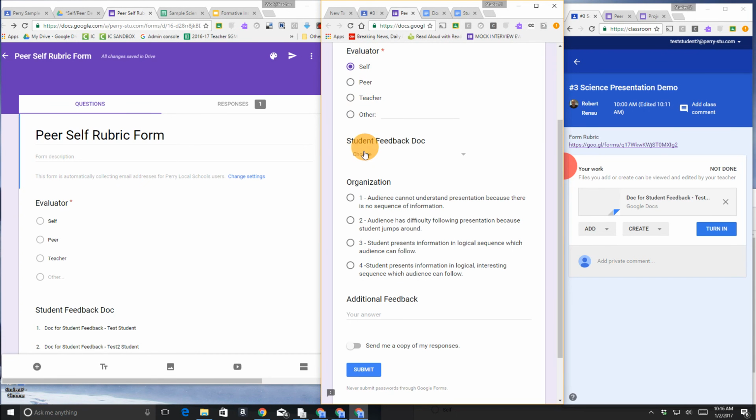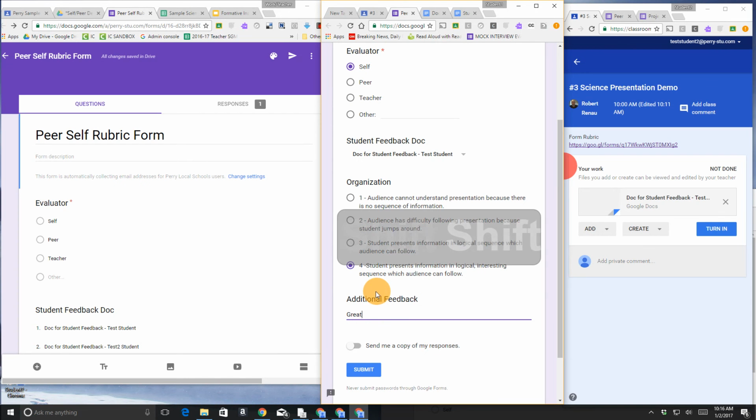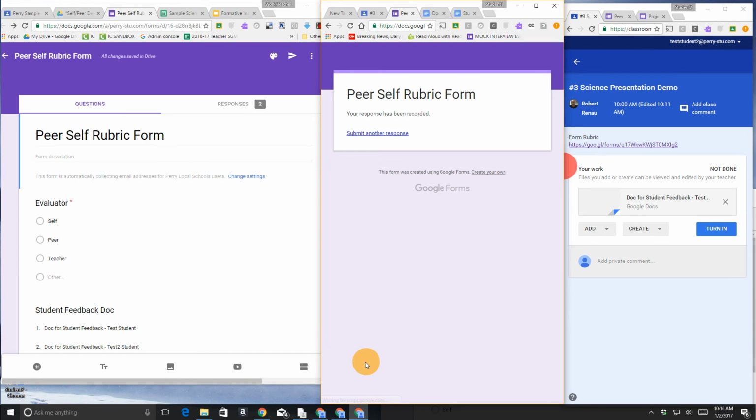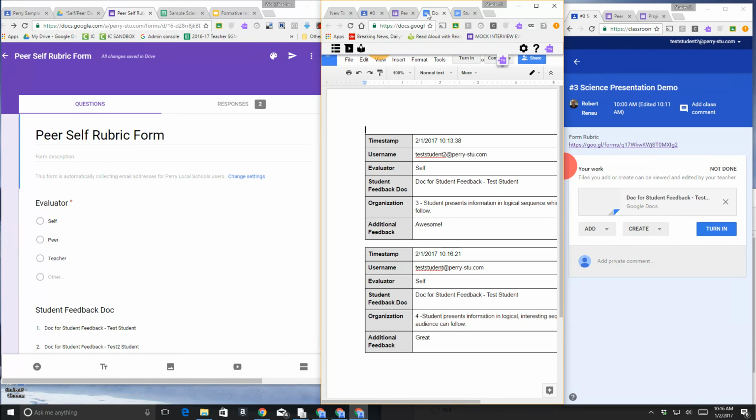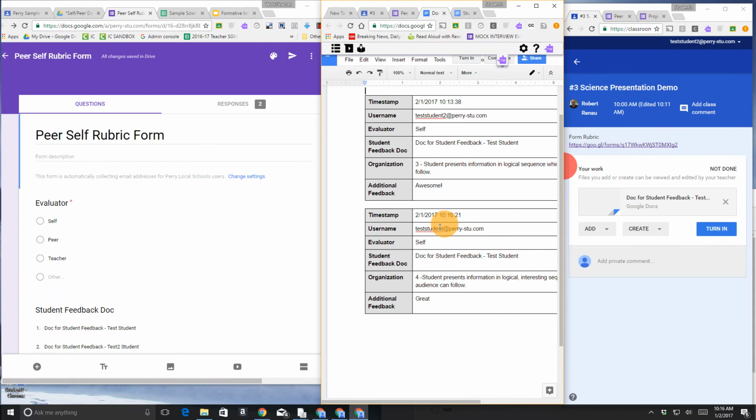So if I hit self, student 1, I give myself a 4. I say that's great. I send myself a copy of the results. I hit submit. And then if I come back to my doc, and you can see right there, here is the feedback that I just gave myself, which goes right below the feedback that test student 2 gave me, which was really not a self-assessment, it was a peer assessment. So now this is fully functional,